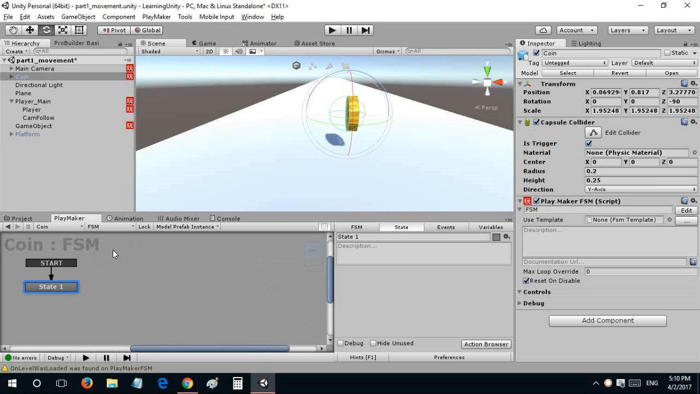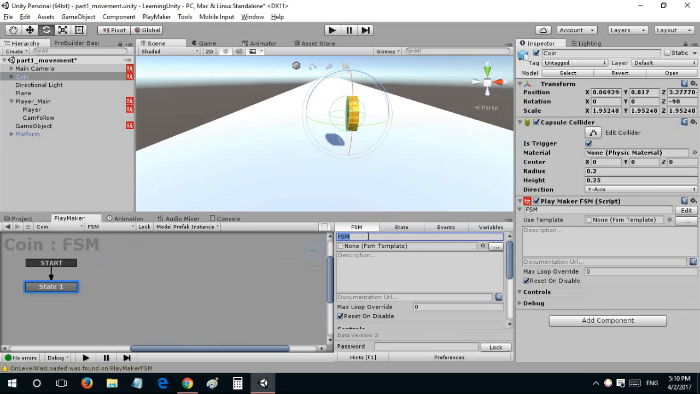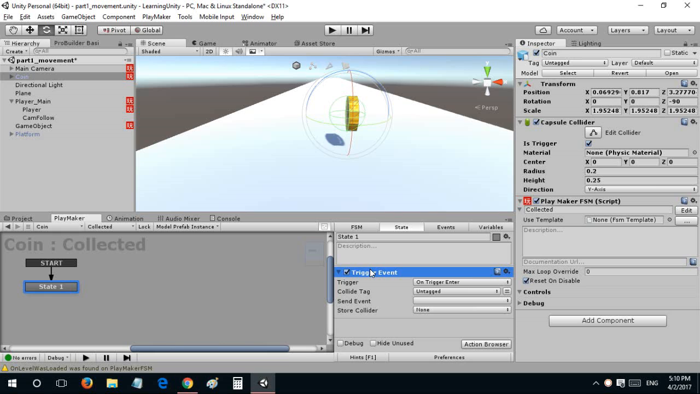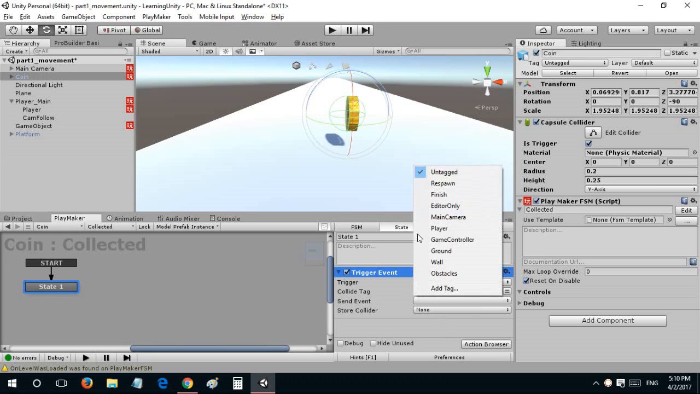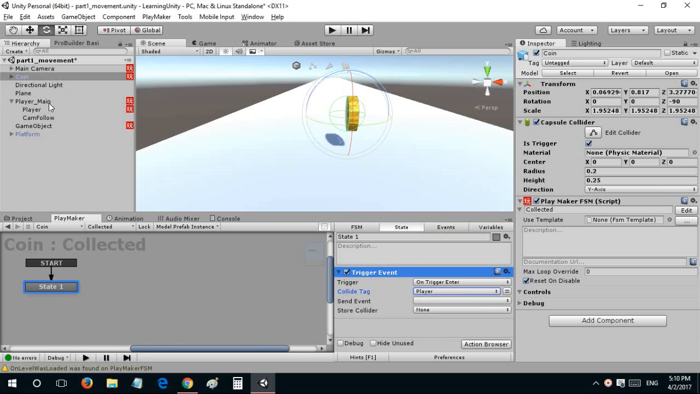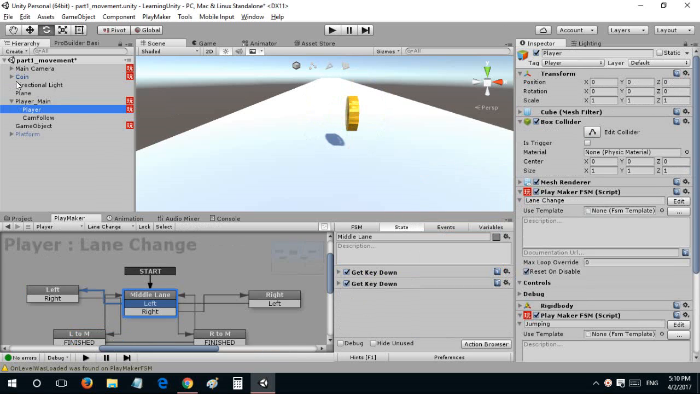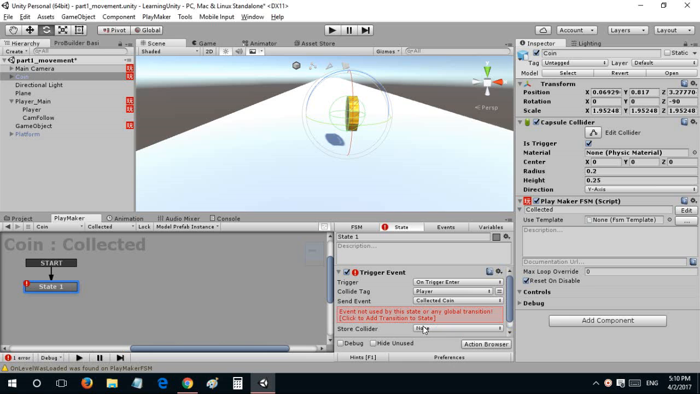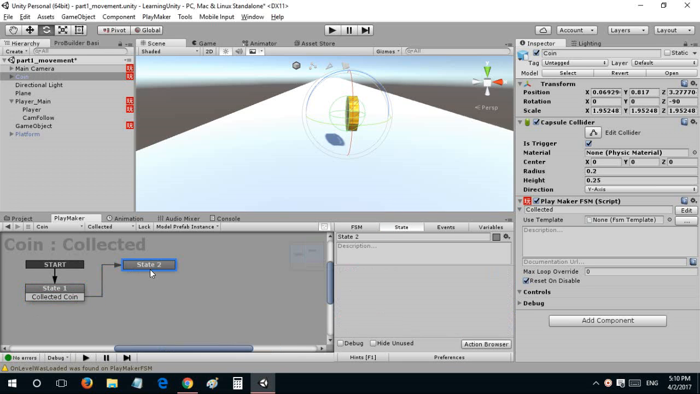So I'll just add a quick FSM, and I'll say that collected. And in the first state, I'll just say trigger event, and on trigger enter, collide tag is set to player, and make sure that player is tagged as player. And now we'll send an event that's called collected. Sorry, yeah, collected coin, and this will end up in state 2,